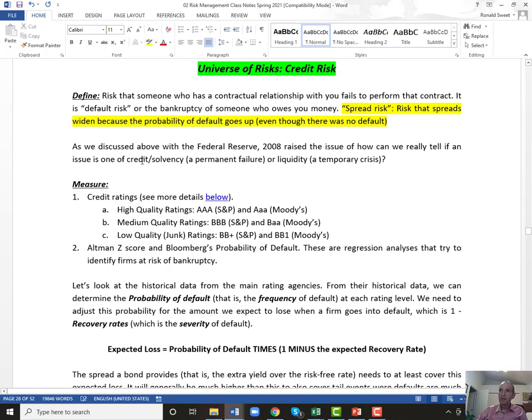I make it part of this, but there are a little bit of difference between spread risk and default risk. They're both, to me, part of credit risk. Now, this is a huge issue for the Federal Reserve in 2008 because the Federal Reserve had to decide if firms like AIG and Lehman Brothers and Washington Mutual, the list goes on, were these liquidity crises. A liquidity crisis is when a firm like Lehman can't borrow money because they've lost the confidence of the market, but if they could borrow money, they would survive.